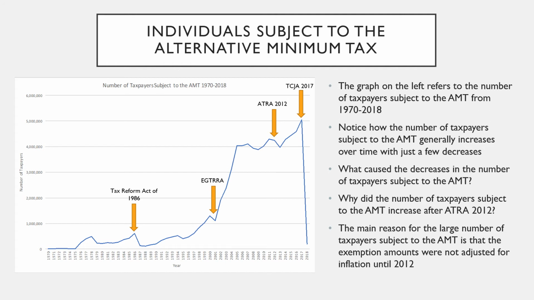Sorry about that. So looking back at this graph, and the 2014 through 2017 increase, the reason for this increase was because several tax breaks expired at the end of 2013, including the higher education tuition deduction, the healthcare coverage tax credit, tax credits for energy efficient homes, and the mortgage debt exclusion. So as a result of the expiration of many deductions and credits, the number of taxpayers subject to the alternative minimum tax began to increase again in 2014.